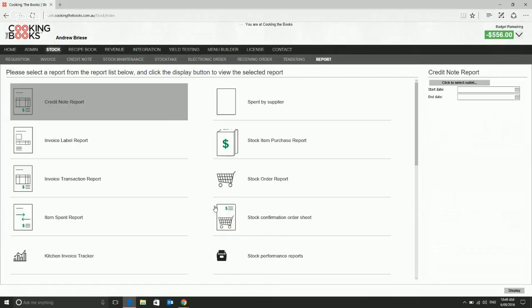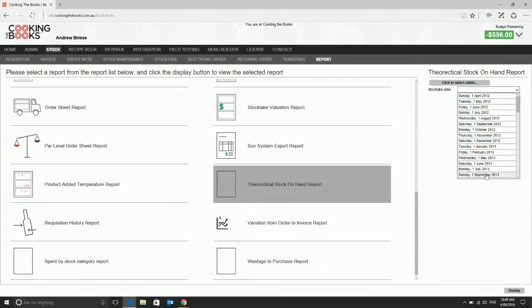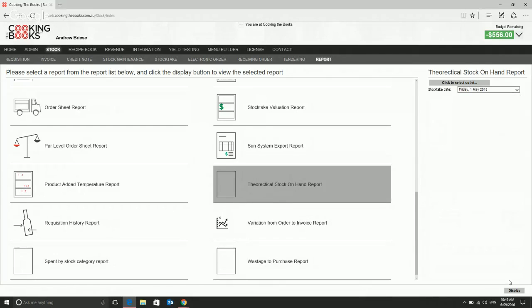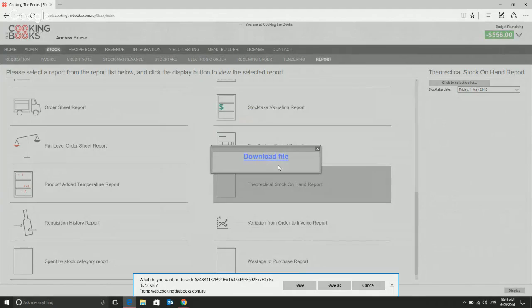One of the other reports that you can do, which is great if you have large venues or do your own warehousing, is the theoretical stock on hand. Based off the last stock take that you want to use, it will show you all your purchases, etc. in between, and then download